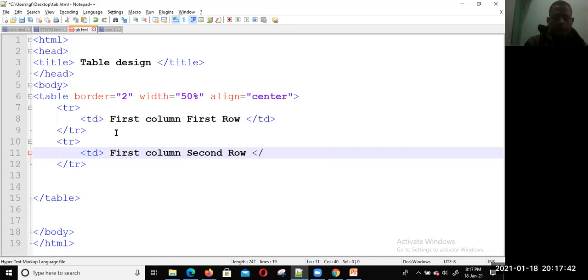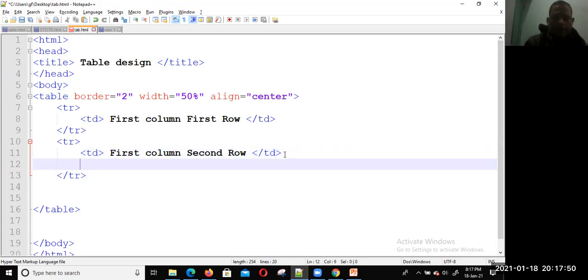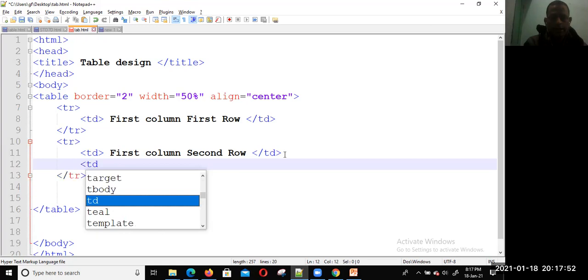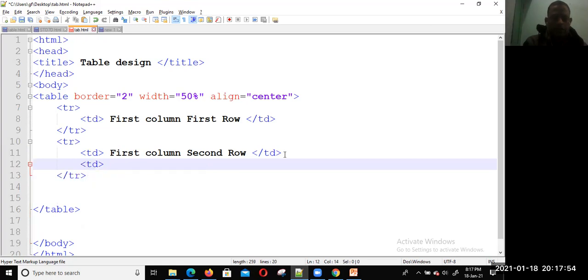Now close this first column, and create another column. Just write the td, table data. This is the second column, second row.